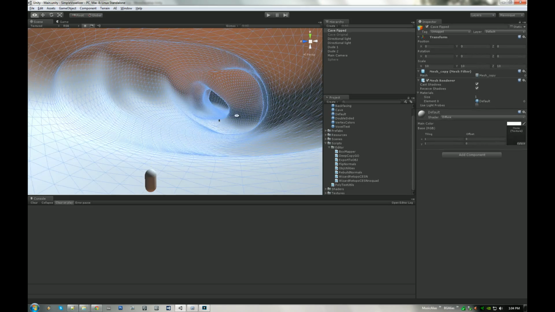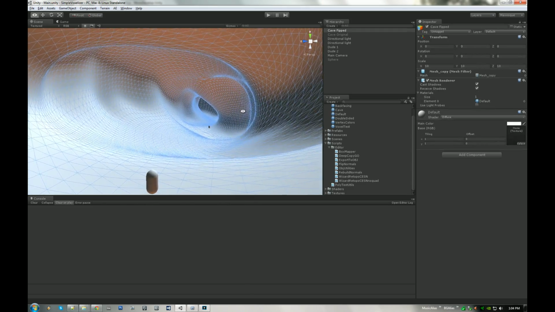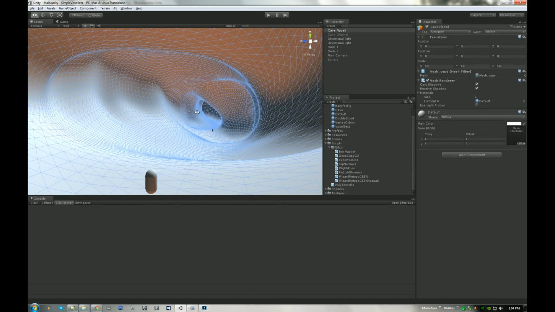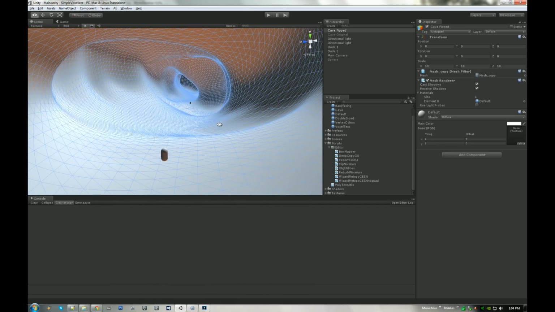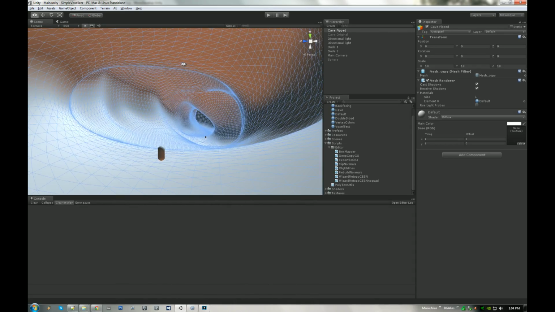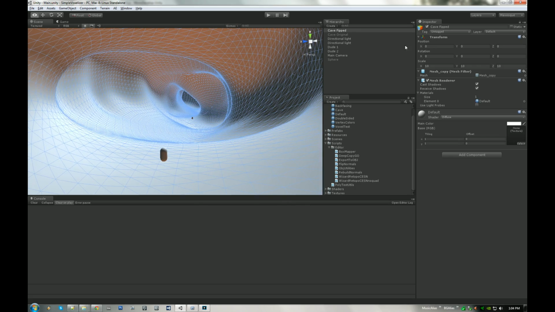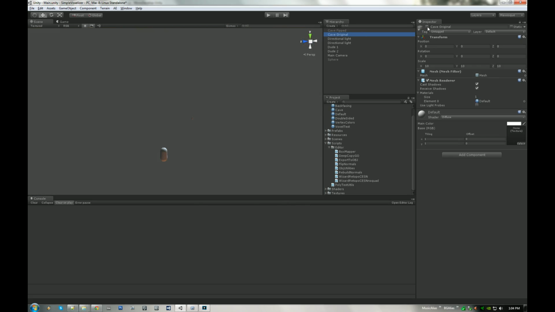So let's show that. So here we have this cave type thing. For purposes of this video, this was just kind of slapped together in Modo very quickly. It feels like you're back in Ankaraji. And actually this one's flipped just so we can start the video inside something and get a sense of what we're talking about. This is mostly for interior modeling. So I'm going to turn that one off, turn the original